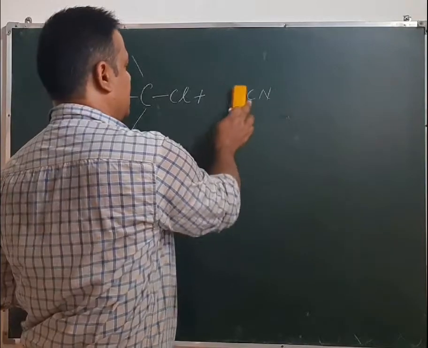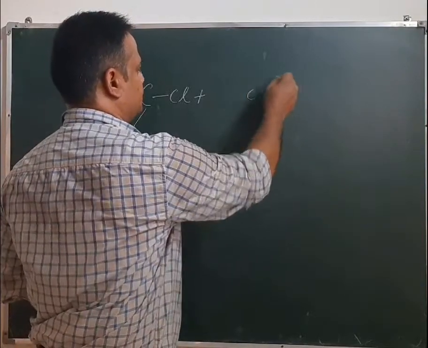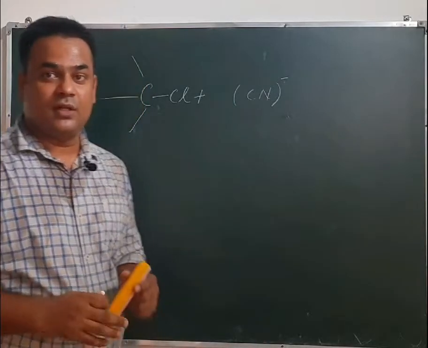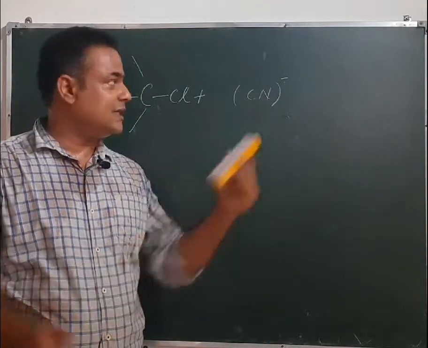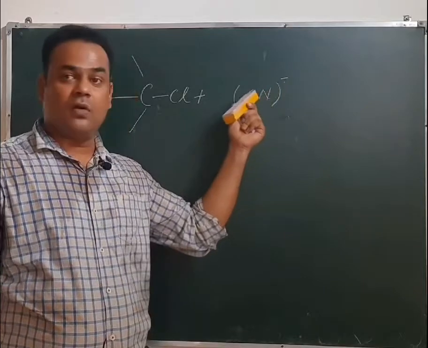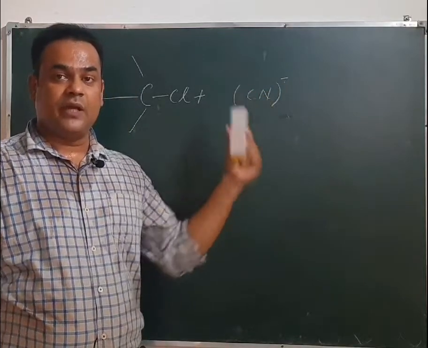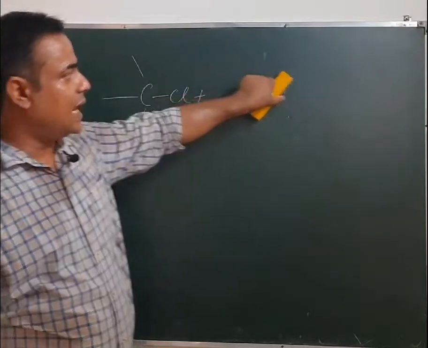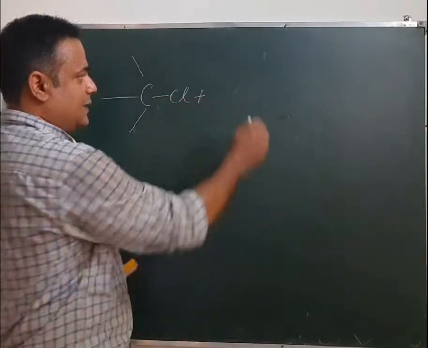So this is the cyanide ion, CN negative. But the question remains whether this negative charge will be on nitrogen or carbon. This is very important here. When we take NaCN, the cyanide ion has the negative charge